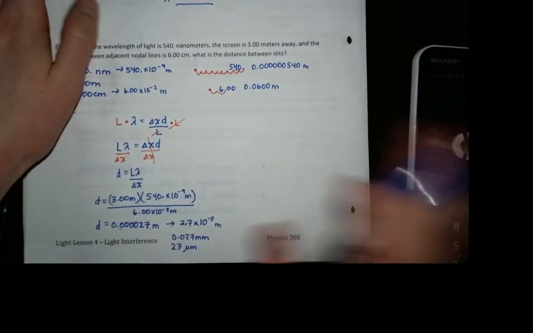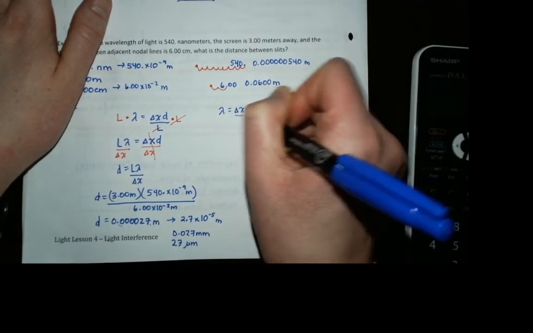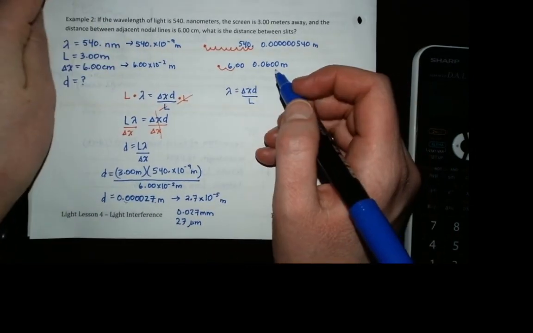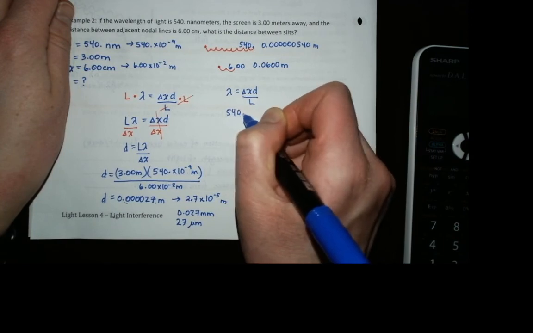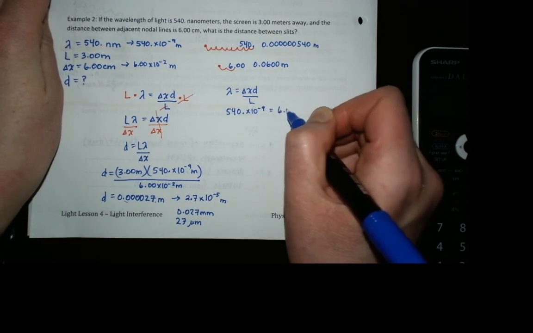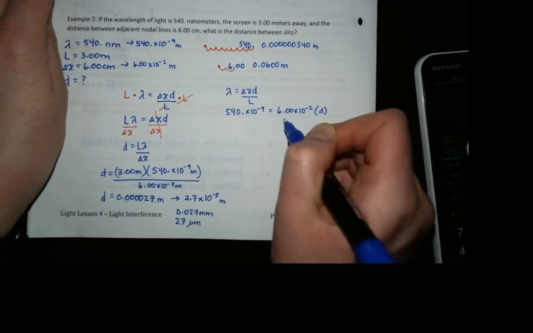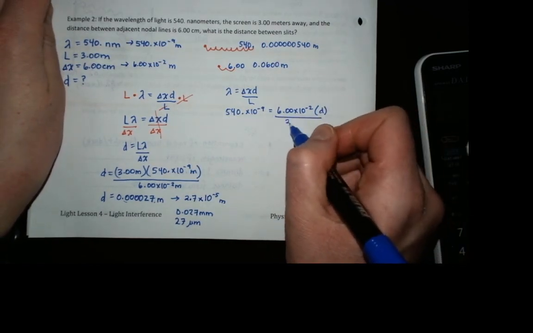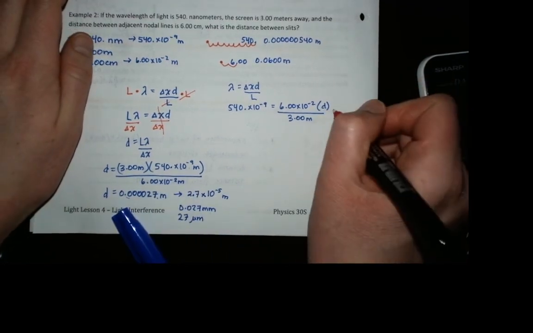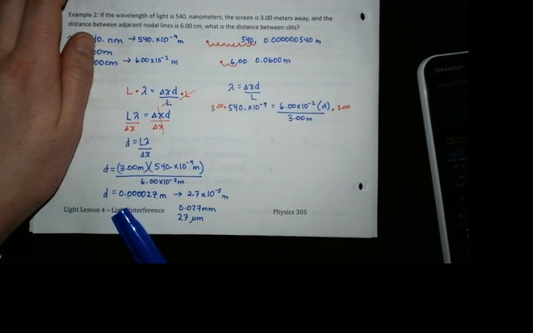I'm going to go back, and from our original equation, there are some of you who may prefer to punch in your numbers before you isolate for the variable. So we're looking for D. We would plug in all the numbers we know. 540 times 10 to the power of negative 9 is equal to delta x, which is 6 times 10 to the negative 2, times D, divide by 3 meters. From here, you would multiply both sides by 3. So you'd end up with